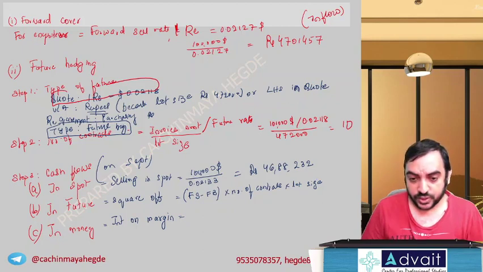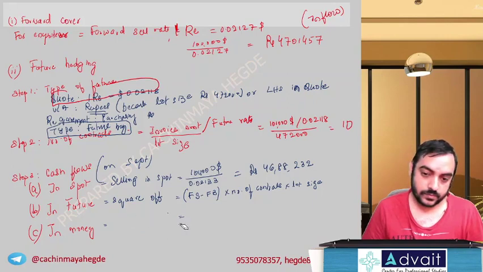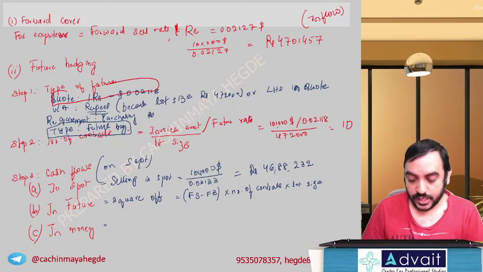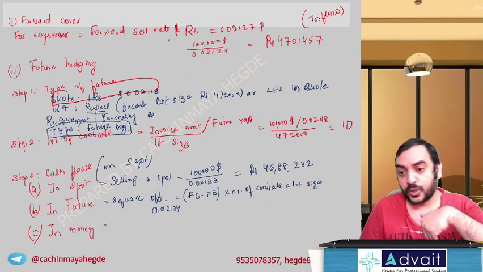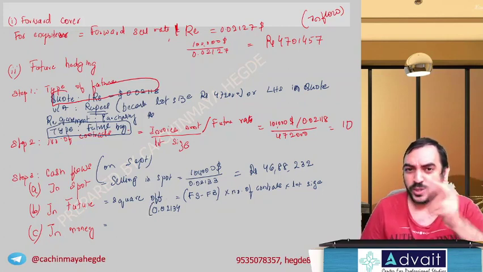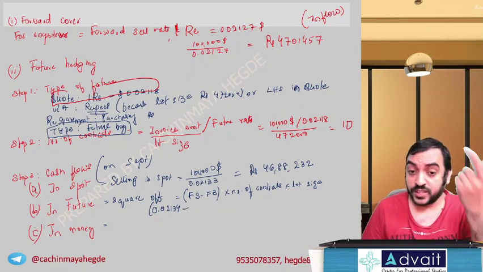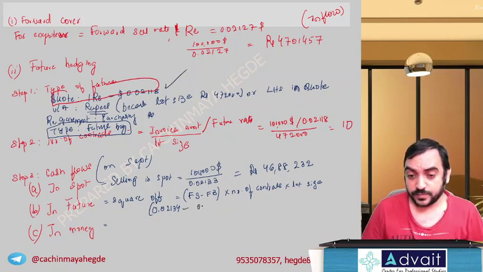What is the future sell rate going to be? They have given 0.02134. Why is it sell? Because earlier I bought. If earlier was a sell, today I would have bought. So earlier I bought, now I sell. Opposite: future sell minus future buy. 0.02134 minus the original rate quotation 0.02118, into number of contracts 10, into lot size rupees